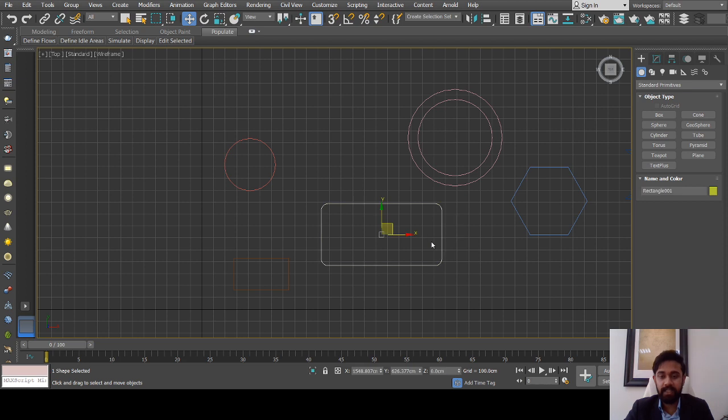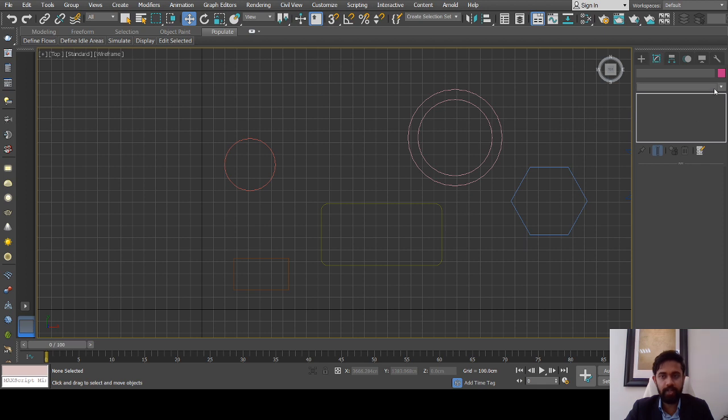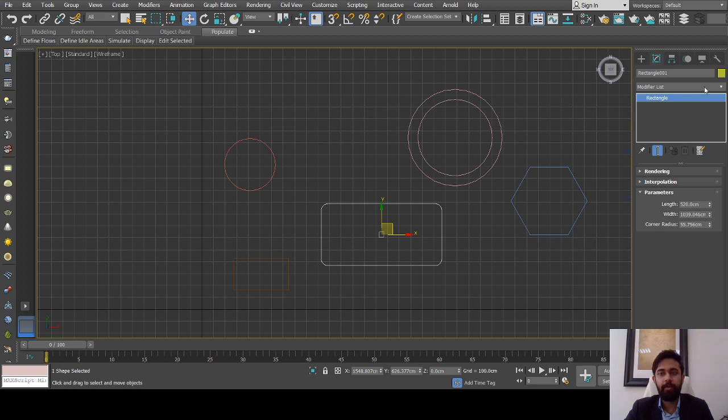So for that, I selected this line. Then we can come over here to the modifier. Normally we had seen only this modifier tab, right? Except this one, we have one more option, the modifier list. If you select the object, you have to make sure you selected the object. Otherwise, if you drop down the modifier list, nothing will be available. So we selected the object. Then you have to come over here to the modifier list and drop it down. Then you will be finding,